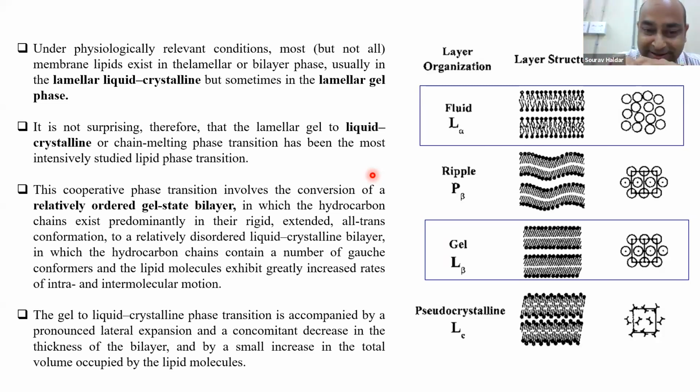You can actually see how, so we may not have the phase transition as such, but what will happen is coalescence of domains. If you reduce the temperature, you will see that the domains are merging and they become more homogeneous. On the other hand, if you increase the temperature, you'll see the domains segregating from each other. This can be nicely shown in cells, but if you can get rid of some of the cellular influences and make blebs from cells, you can very easily see that. In fact, some people are very actively studying it. Earlier, Leventhal, and in fact, Kai Simons' group is also actively involved in that.